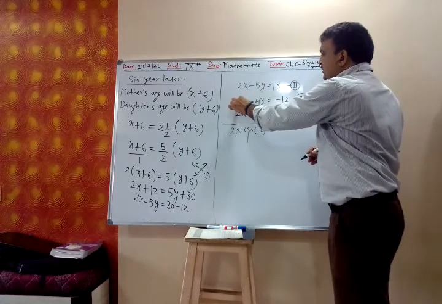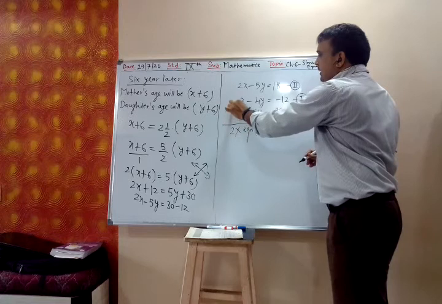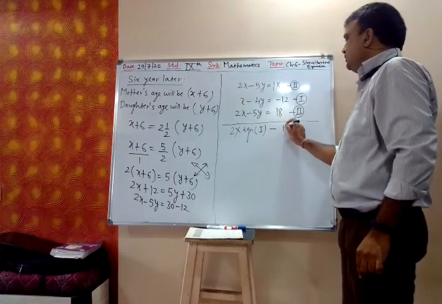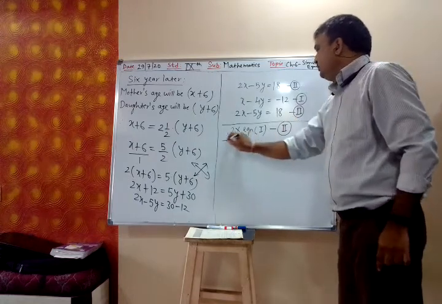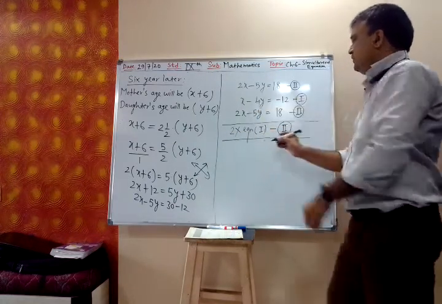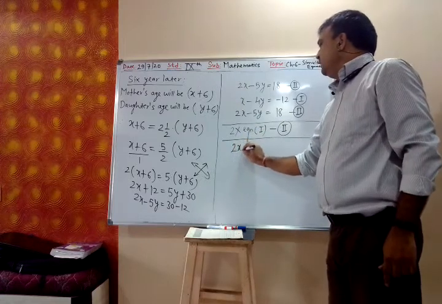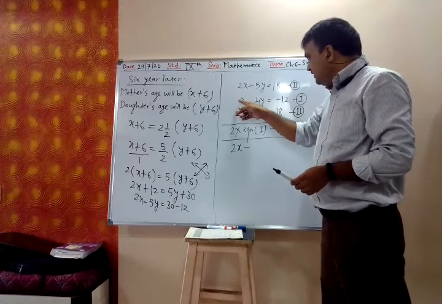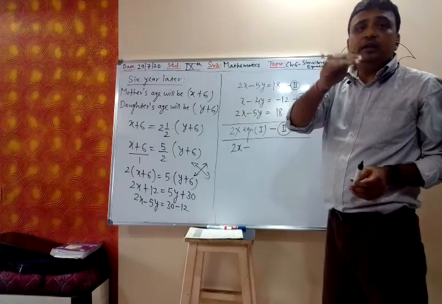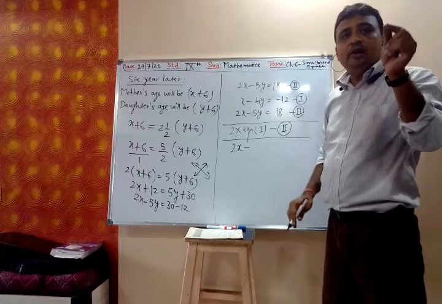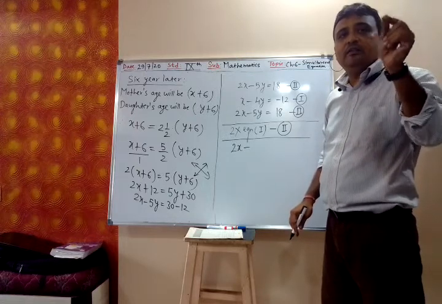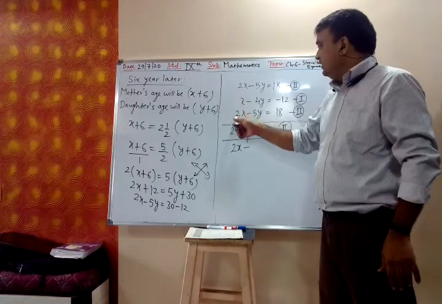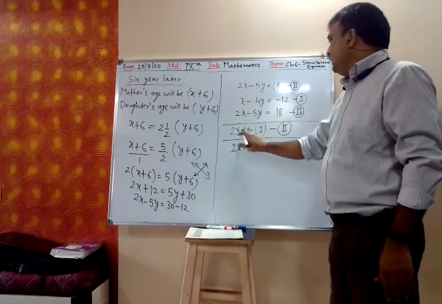So it becomes 2x. Then coefficients become equal, but they have the same sign, plus plus. So plus plus means you have to subtract equation 2. So you have to multiply equation 1 by 2 first. So 2x. This sign also you have to see. If you are equating x, then you have to see the sign of x. If you are equating y, you have to see the sign of y.